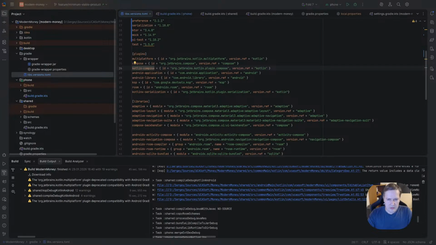But we don't have Kotlin Android. Okay, so we have multiplatform. Yeah, I'm also reading documentation because it's slightly scary, all these changes.